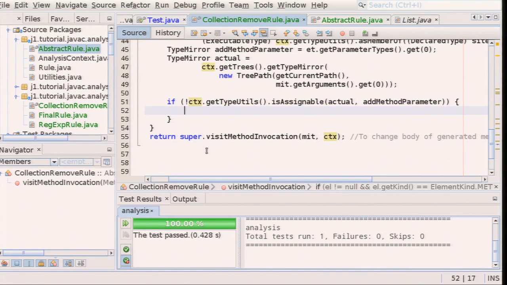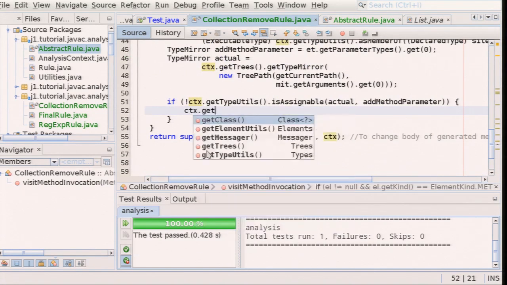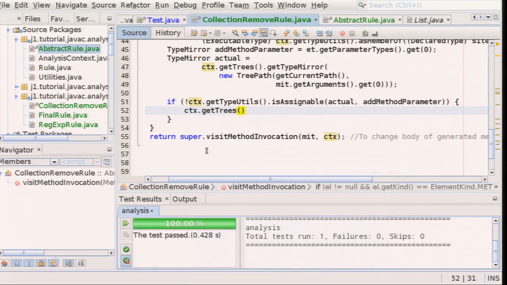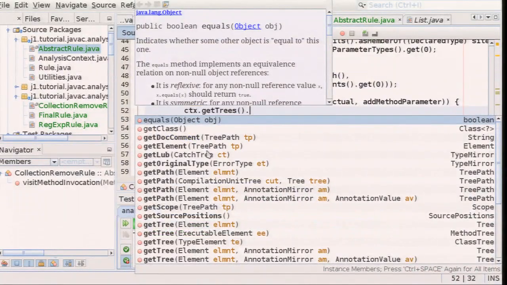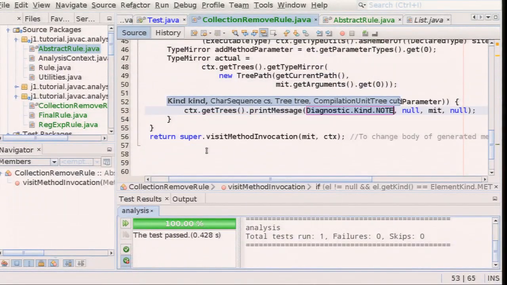If it seems that we may be doing something strange, we will report a warning, and I guess I will need to